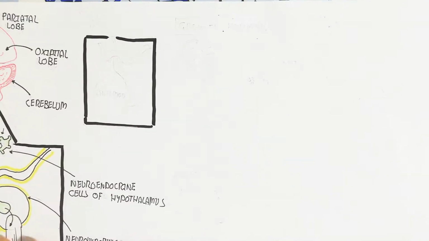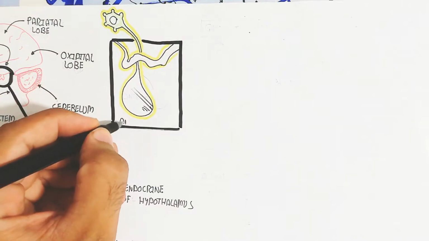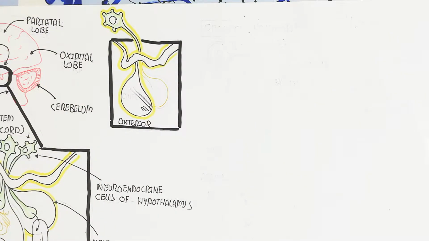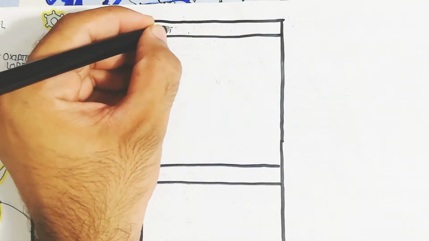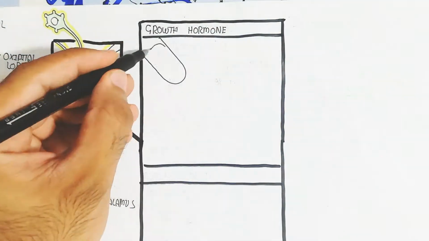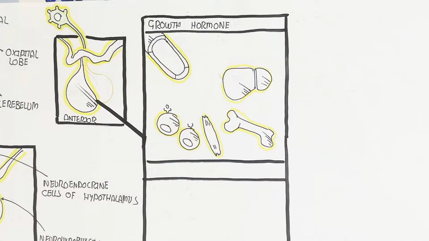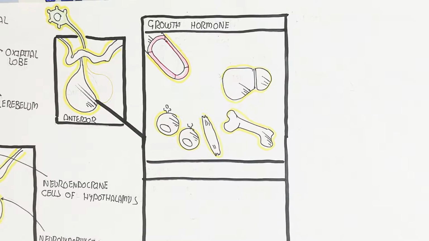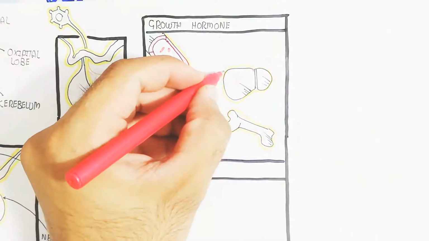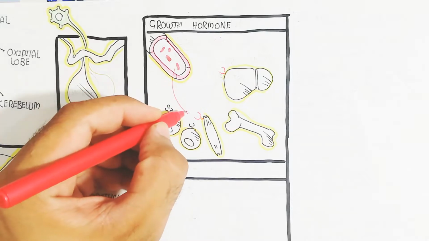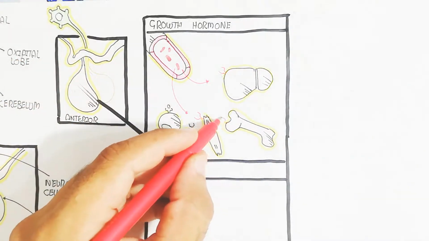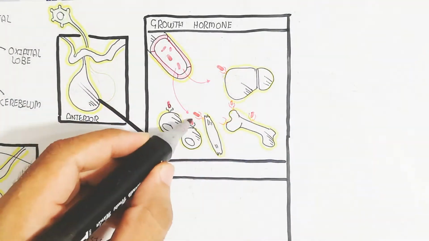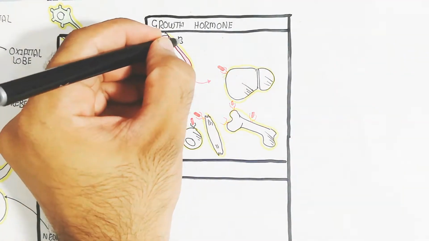So remember, let's begin to understand the hormones and their releasing one by one. For example, we will understand the anterior part of the pituitary gland, the adenohypophysis, which contains cells. These cells release hormones into the blood circulatory system after stimulation from the hypothalamus. So growth hormone, for example, is produced, enters the blood vessels, circulates in the blood, and